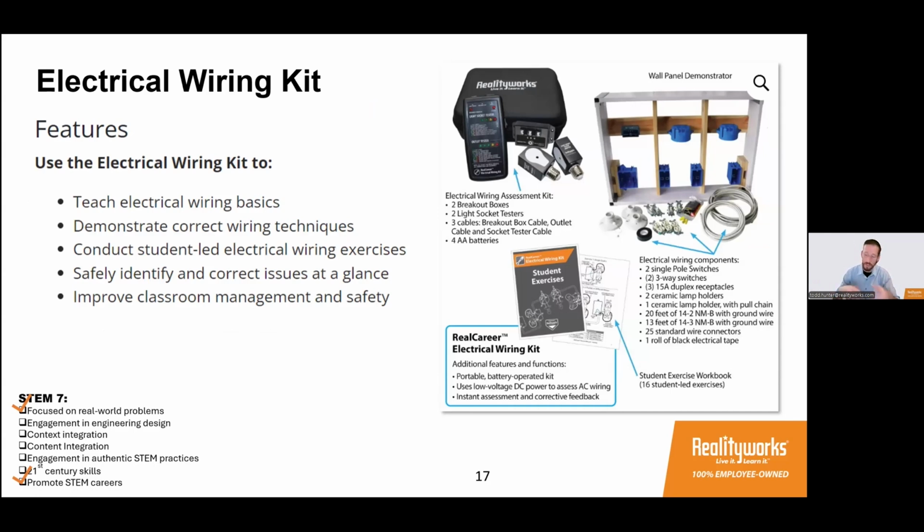So whether the student is going to be an electrician or not, this is one of the products that lays the foundation for so much success. Not only is it teaching real skills with the same materials, tools, and tactics that an electrician would need, but it also builds an understanding of electrical wiring, which translates into so many different career fields, from being a manufacturing technician, working in HVAC, mechatronics, robotics, engineering, and just